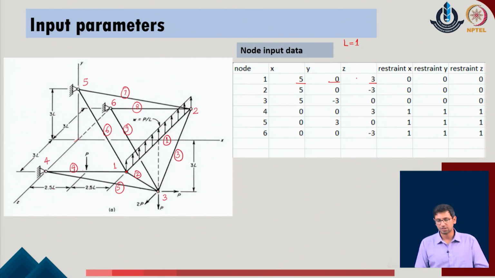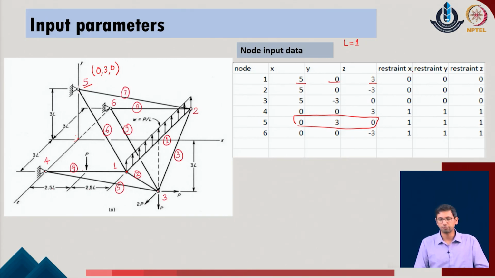I will suggest that you go through briefly all the points and see that the individual coordinates which have been located for each joint are clear to us. Like if I just go with joint number 5, I understand that this is along the y axis in the system at x equal to 0. So the x coordinate is 0, the y coordinate is at this height of the system which is 3L, so it is 3, and z is 0, so it is 0, 3, 0. So I go to point 5 and I see that it is 0, 3, 0 in the given system.